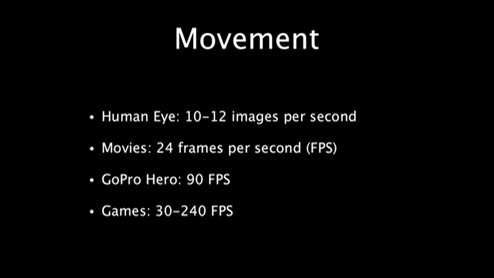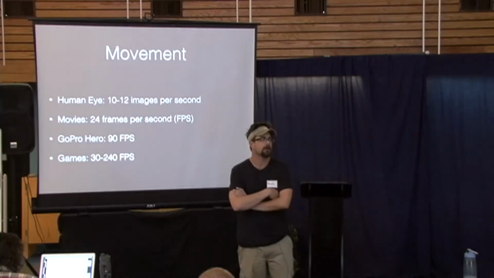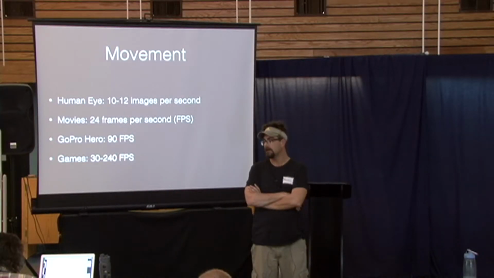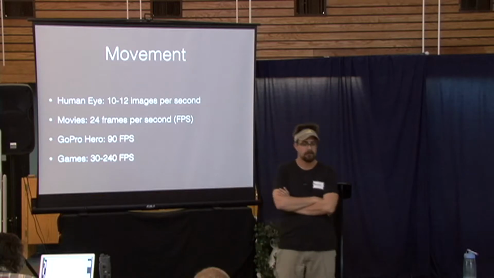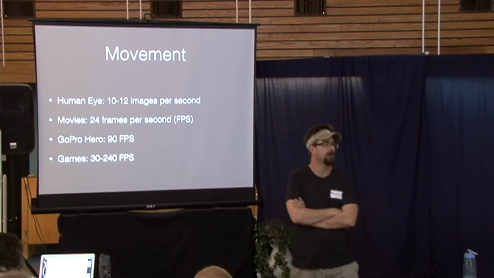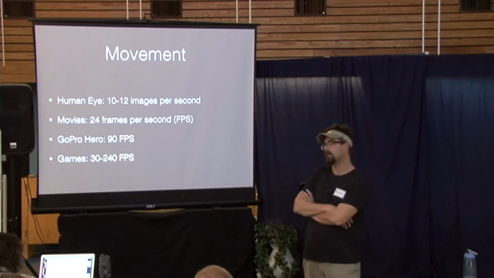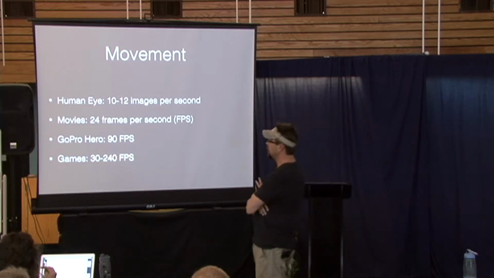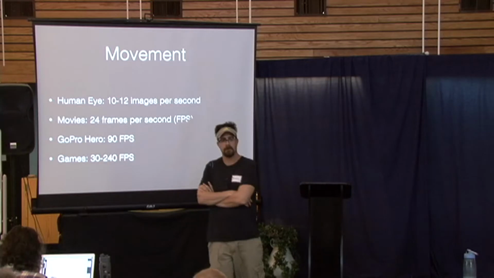So one of the things that we frequently use computers to do, and games are a really good example, is to move stuff around the screen. And there are a lot of ways, with different technologies, that we do movement. First off, the human eye can only see 10 to 12 images per second. And you may or may not know, about old movies, now it's